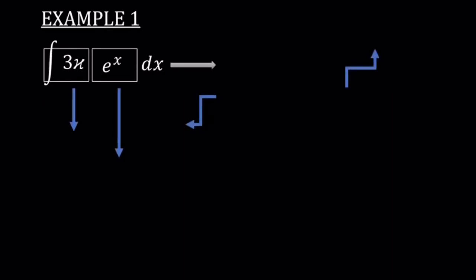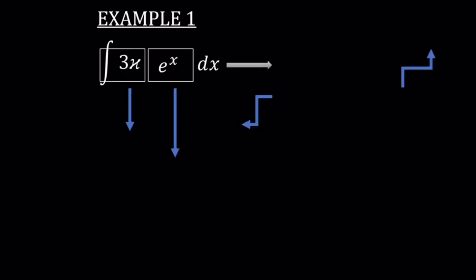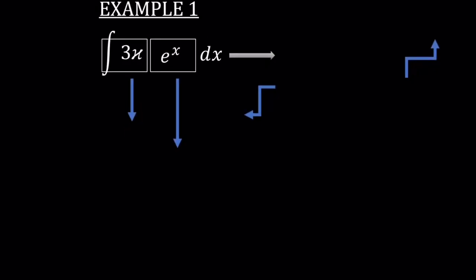In this example 1, how would you differentiate between u and dv? You have to refer back to the LEPAD reference to identify which category is the most top, which is u, and the most bottom will be dv. For this example, it is integral 3x e to the power of x dx. First, we should know that 3x is the category of polynomial, while e to the power of x is the category of exponential. As we can see from the LEPAD reference, the polynomial is the top one and the bottom will be exponential. So 3x will be the value of u, and e to the power of x will be dv.